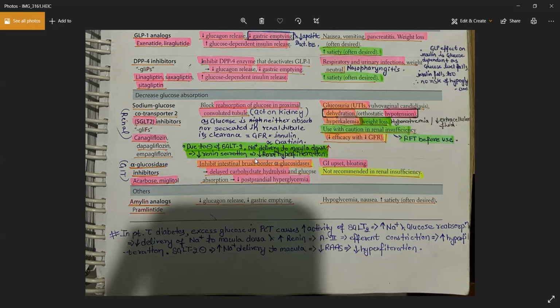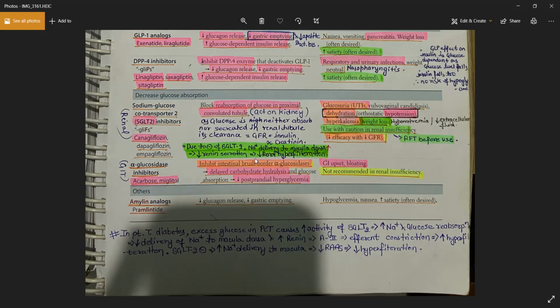Yes. Okay. So now the side effects we have discussed. You will have the glucosuria. Okay, you will have the UTI. You will have the hypotension because of dehydration. Okay, and you must use these drugs with caution in renal insufficiency, because if your kidneys have failed,